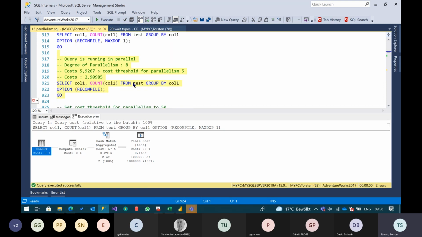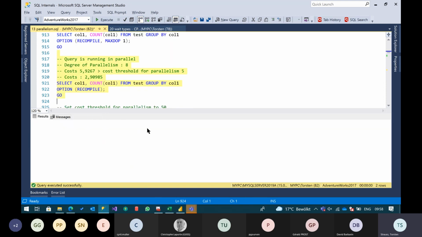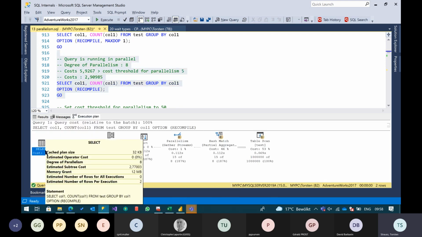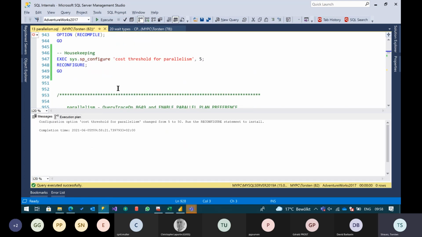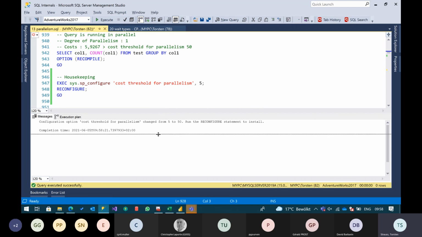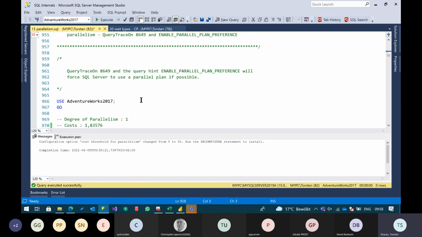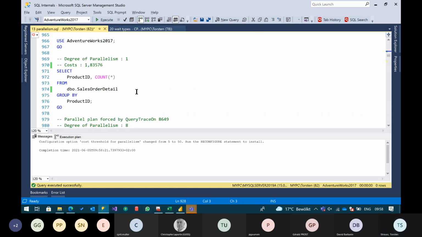So now I will give SQL Server the chance to consider parallelism. And you can see, because of the estimated subtree cost, which was 7, it now reduced the estimated subtree cost to, I don't know, 3 by introducing parallelism. That is the way it works. Just to understand what kind of settings will influence or impact the parallelism. So sometimes it is very useful to understand why a specific query, or the other way around, you want to force a specific query to run in parallel to see, I don't know, the cost reduction,